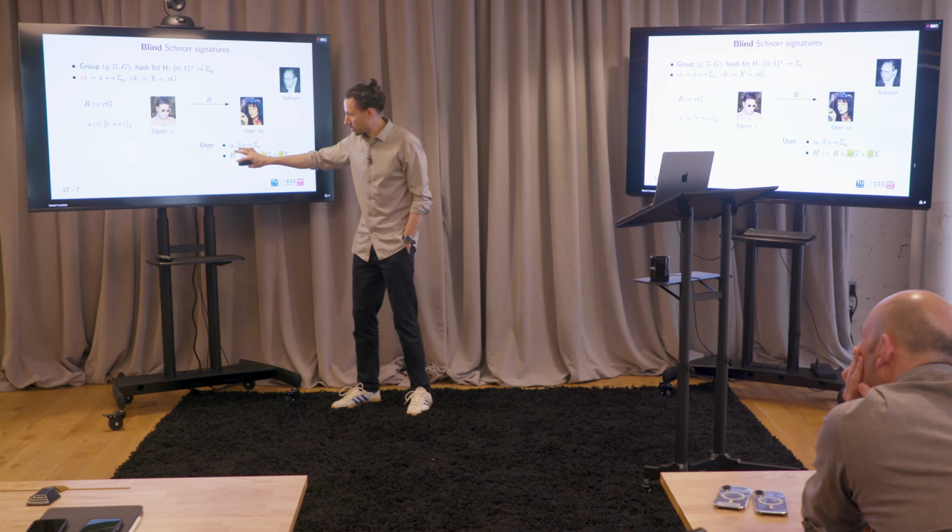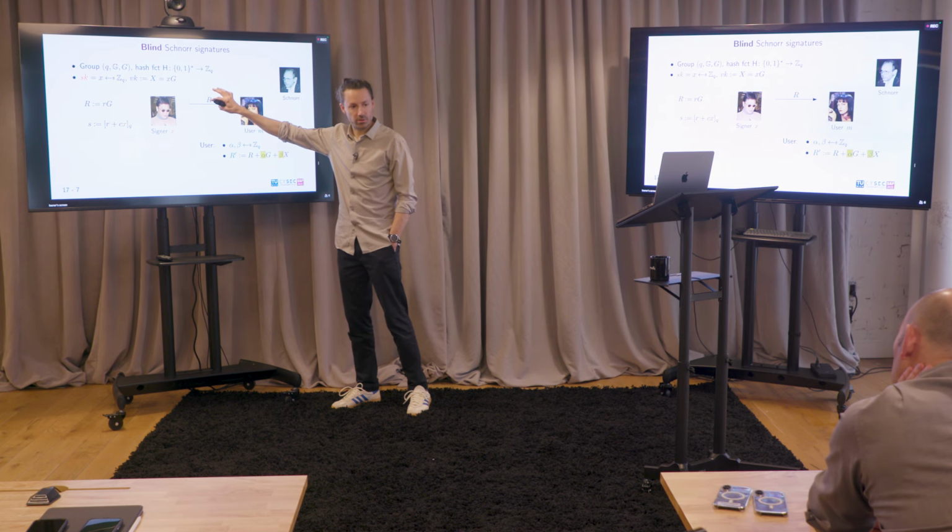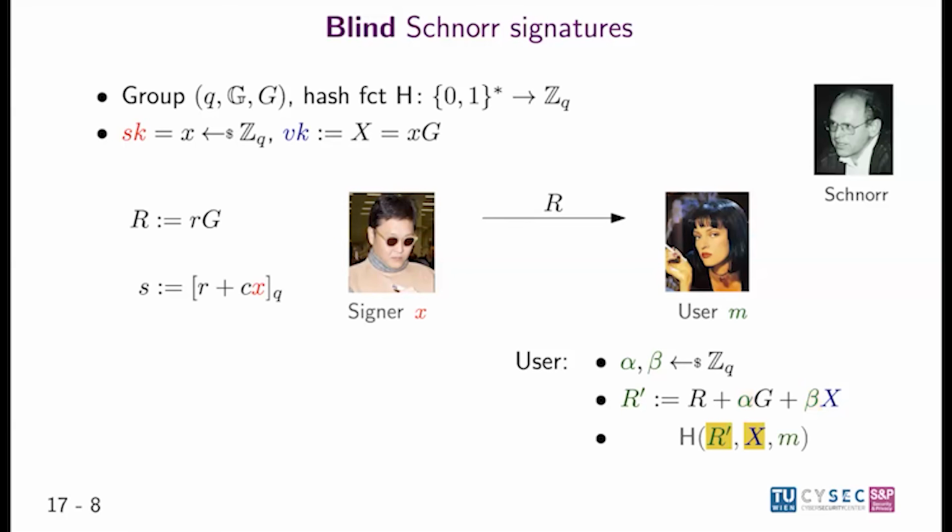And that will be the first component of the blind signature, right? So now, by these blinding factors, it's unrelated to what the signer saw. She now computes the hash value that goes with this R prime, so she hashes R prime, the public key, and the message. Now, obviously, she can't send this hash value because, again, the signer would learn something about the message. So she also blinds this by using this beta again. She sends a blinded version of the challenge to the signer, and then the signer just does what it did before. Two apparently seemingly unrelated values, right?